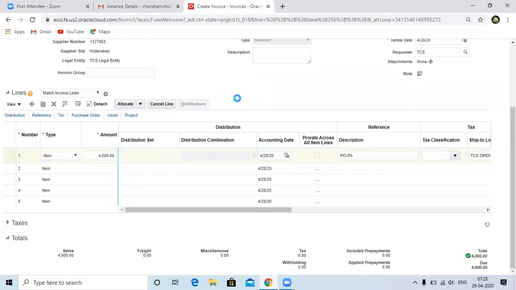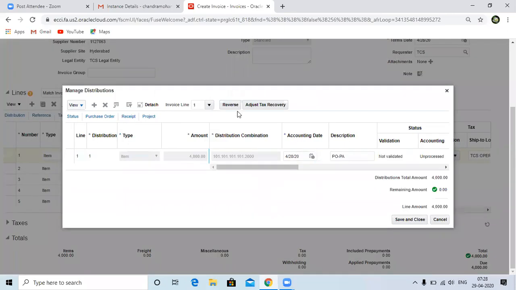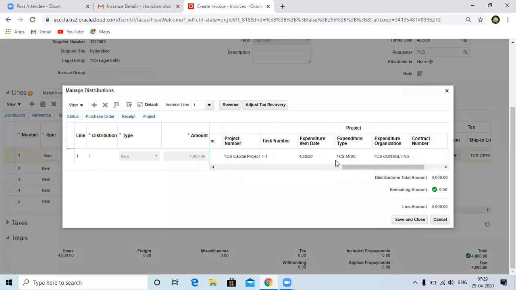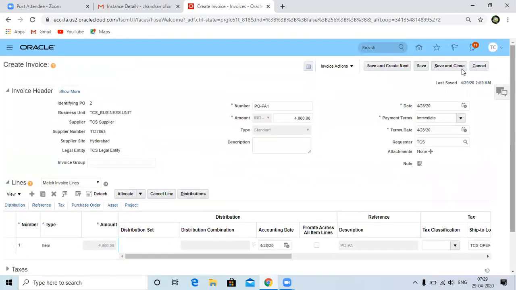Let's click on the distributions where we can see the project information. So you can drag to your right. There you can identify your project details, project number, task number, expenditure item date, expenditure type, and expenditure organization. So this is defaulting from your purchase order distributions. So let's click on save and close. The further process is the same. You need to go to actions,